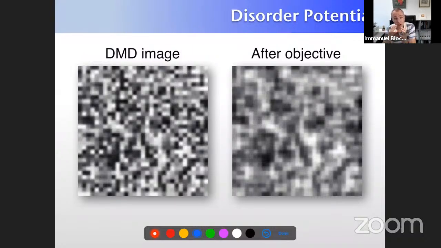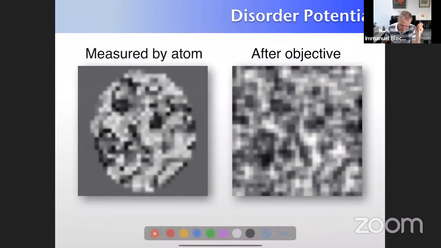So it convolves the DMD image onto our atoms, and this is basically the disorder potential that the atoms will see. The higher resolution your objective is, the shorter the range and the sharper this DMD image will look. So there's just some smearing from imaging this DMD disorder pattern through the objective. Okay, so now the nice thing with the atoms is we can really go in and measure this disorder